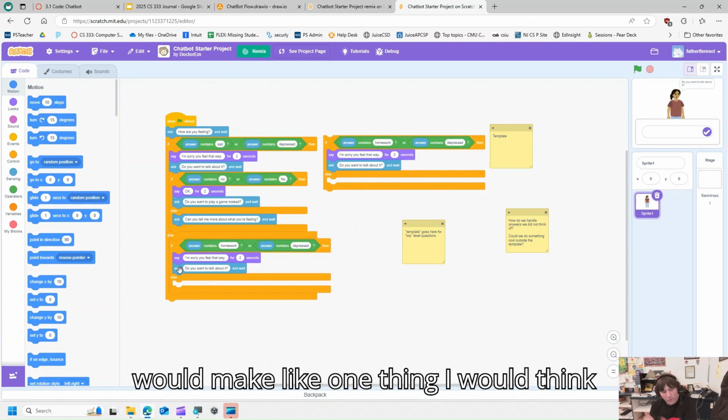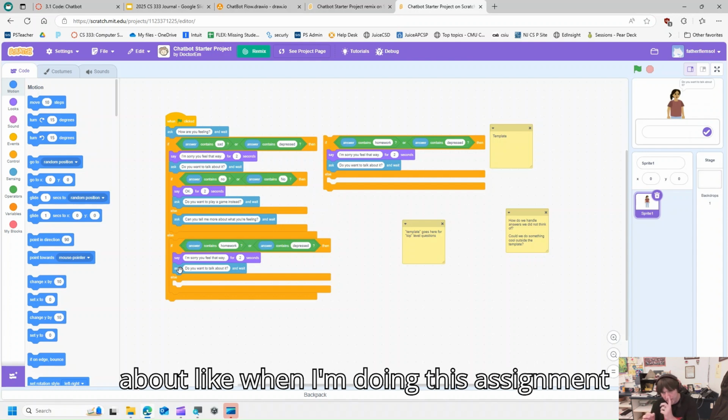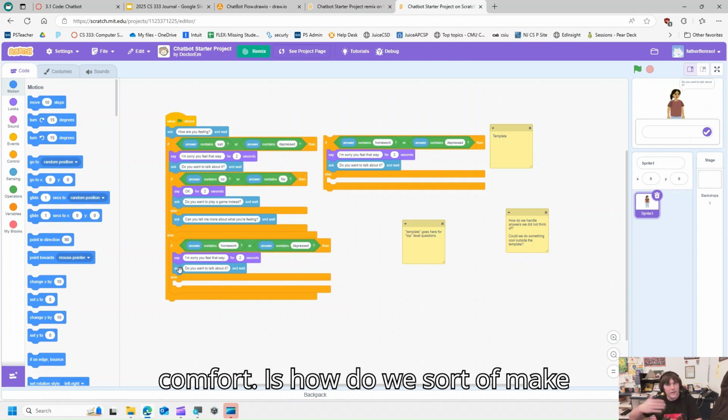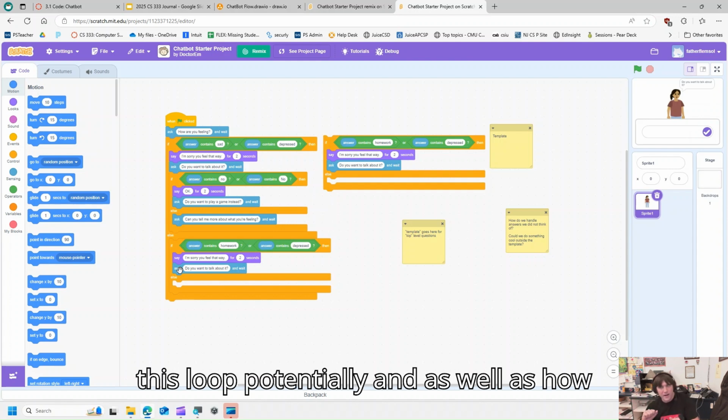One thing I would think about when doing this assignment, depending on your level of CS comfort, is how do we make this loop potentially? And as well as how do